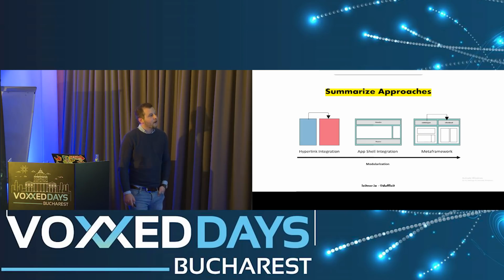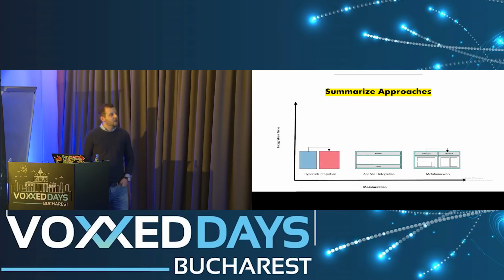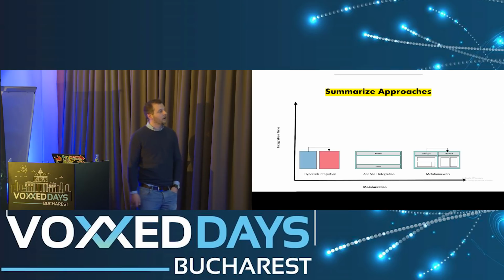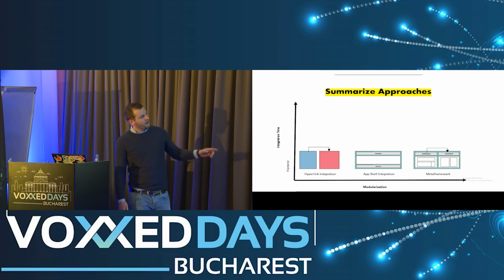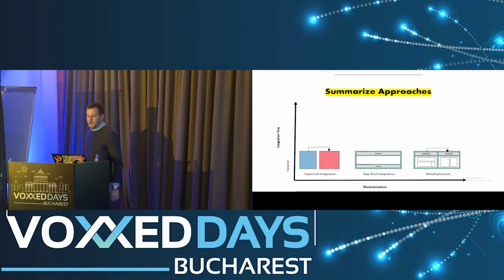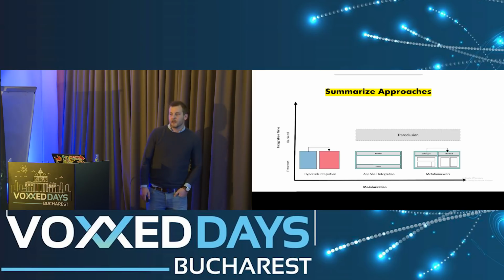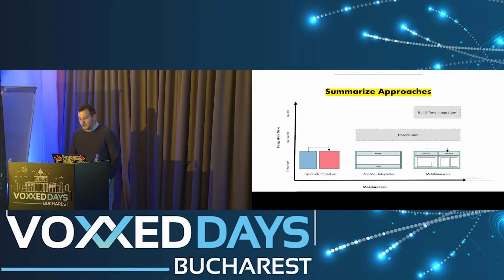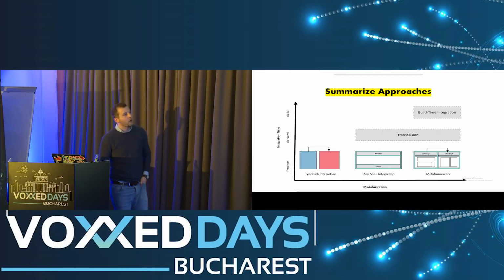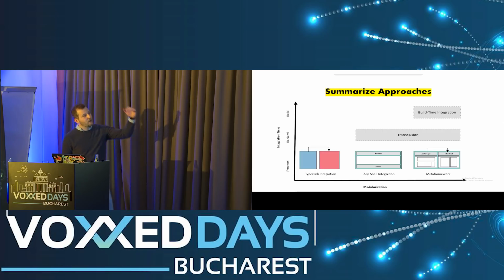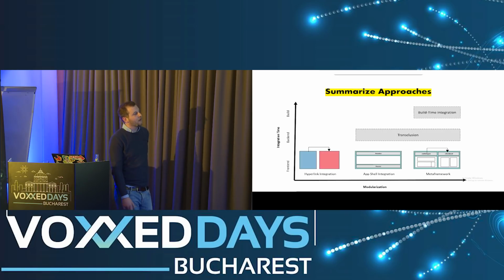And if you then go further and take a look, you will see that there's actually a second axis in all the approaches I showed you, and this is the integration time axis. So you have different ways where you integrate your stuff. In these three examples, we have it on the front end, a front end integration. Here we have the back end integration, and we saw transclusion for doing this. And then we have a build time integration approach, where you actually build more or less a monolith again. And this is the frame you can work in, and this is the solution space you have for this